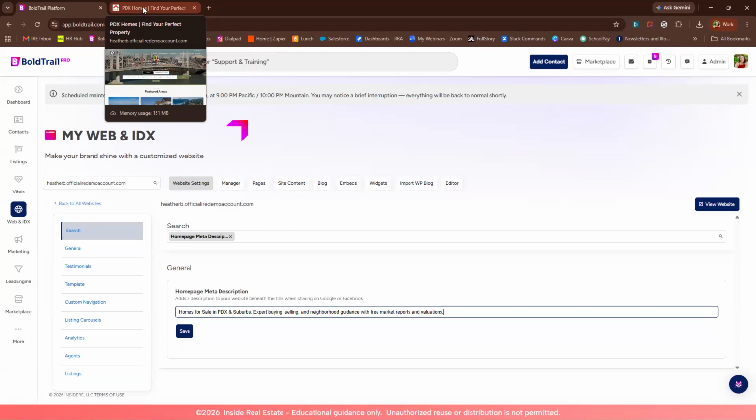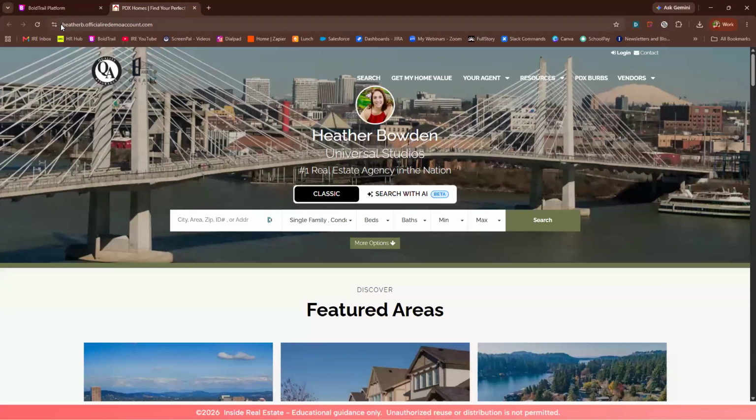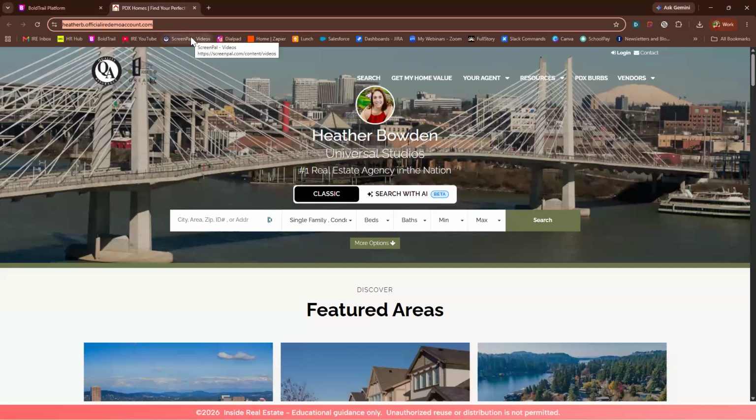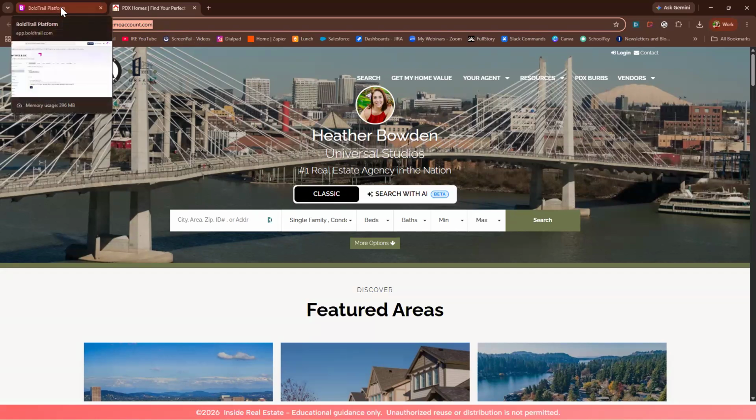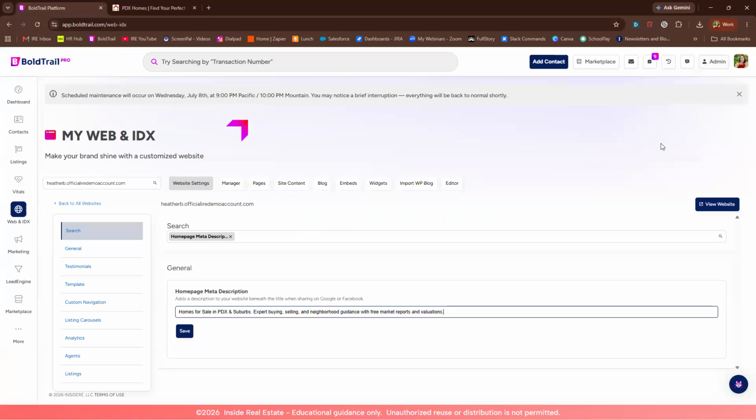If you're talking about connecting a vanity domain and changing Heather B official RE demo account to Heather Sells Real Estate and having that be changed throughout, that's a vanity domain. And yes, that is a monthly subscription. But if you have an email like heather@heathersellsrealestate.com and you need to set up your DNS for email deliverability, then no, there's no charge for that whatsoever. And we actually have a DNS wizard that will help you out with that. And I will put